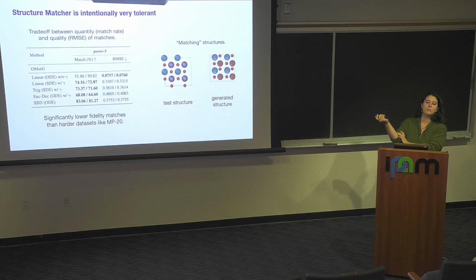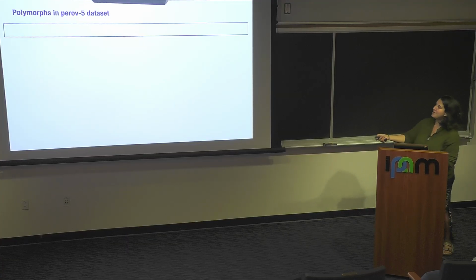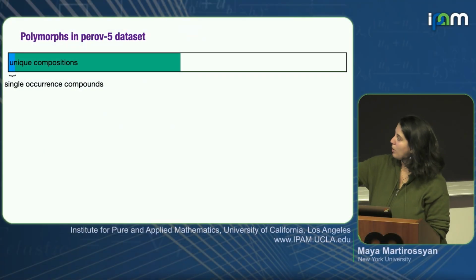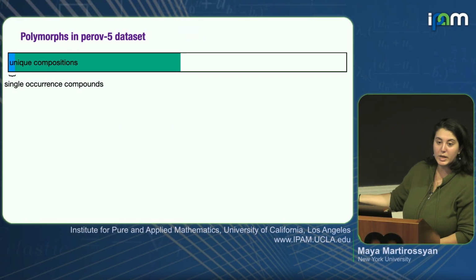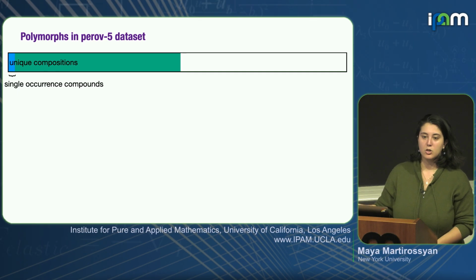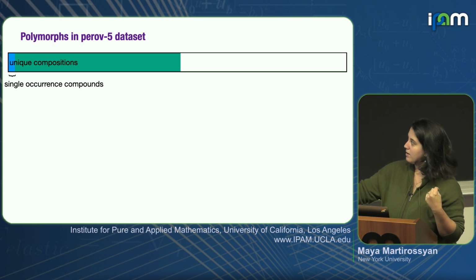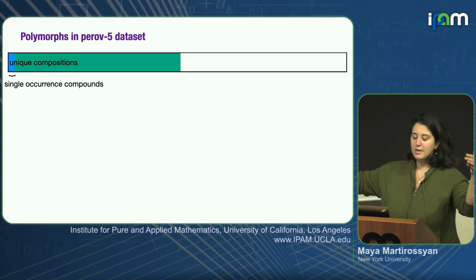This should be an easier dataset to learn, by the way, than the big Materials Project dataset. And what we realized is this dataset is just full of polymorphs that, for some reason, no one had noticed or thought about. Here is a bar representing all of the structures in the dataset. There are about 18,000. In this little blue sliver are the compounds that occur one time. This teal bar and this little blue sliver together tell you all the unique compositions.